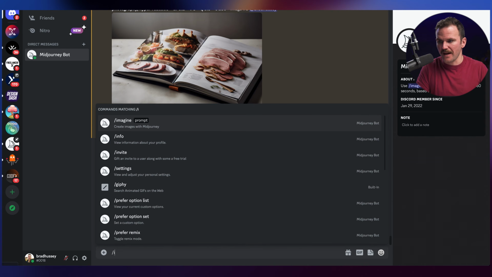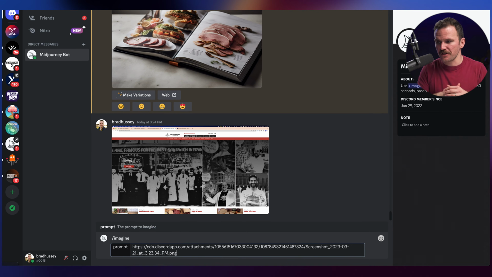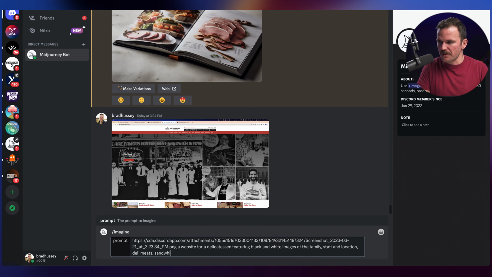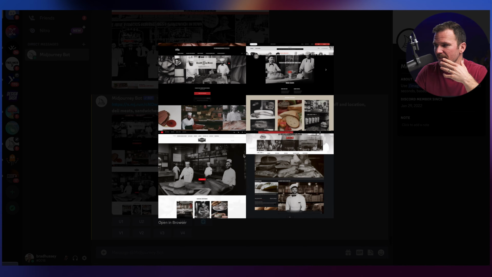Now what I can do is I can paste the URL for that image, and then say, a website for a delicatessen featuring black and white images of the family and staff, deli meats, sandwiches, black and white theme, blue accent, UX, UI. I don't know if this is going to work. Let's just see what happens. I'm thinking it's not too bad on the first go here. I mean, it's not something I'd show the client right away,